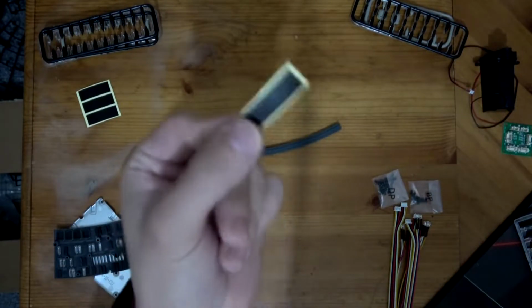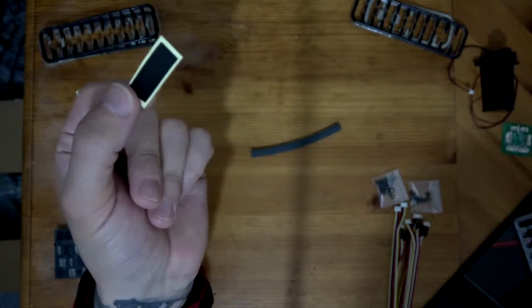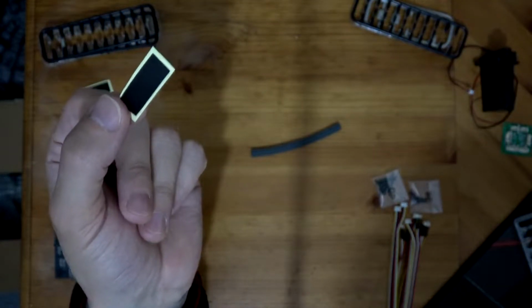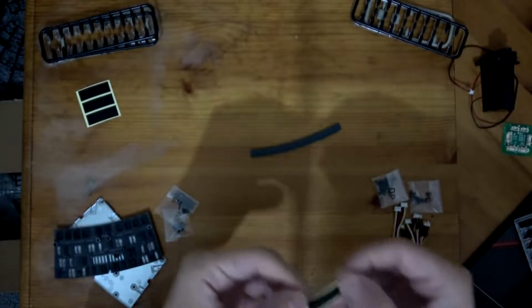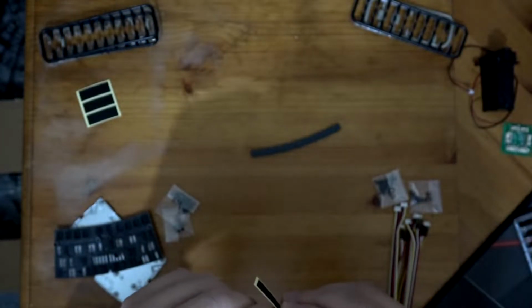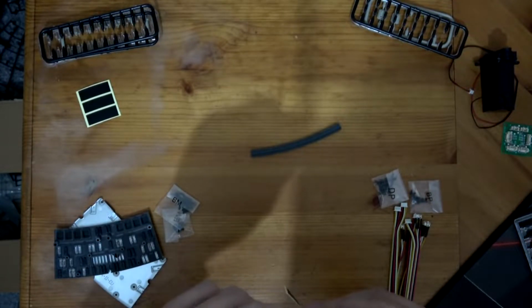So one thing that's come in with this issue are these. They're just basic stickers, really. For the most part, they're getting used for cable management within the model, using these stickers to tie all the cables together so we can keep them nice and tidy. But it does say to use one to secure some of the lights. So if I can,